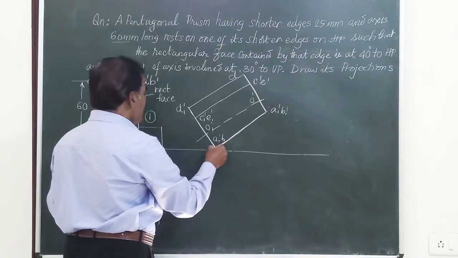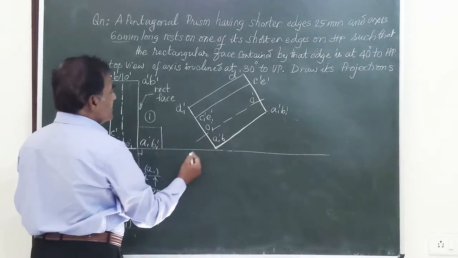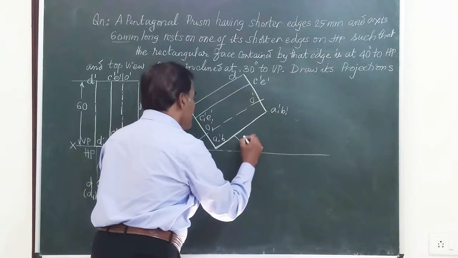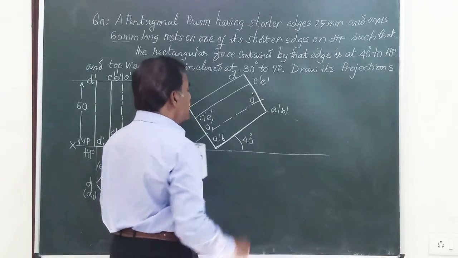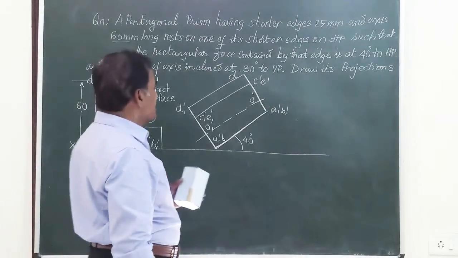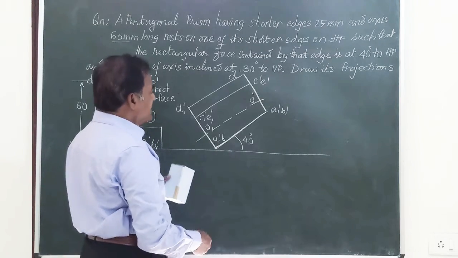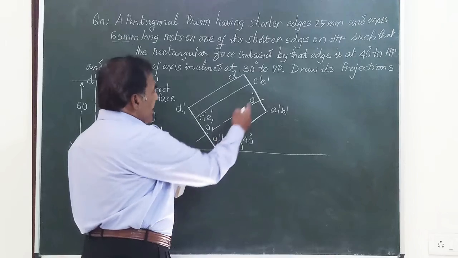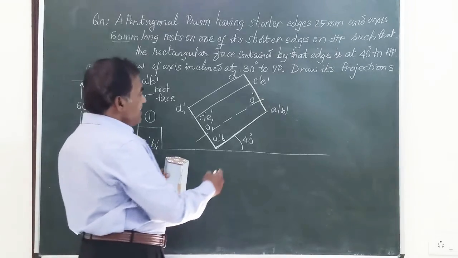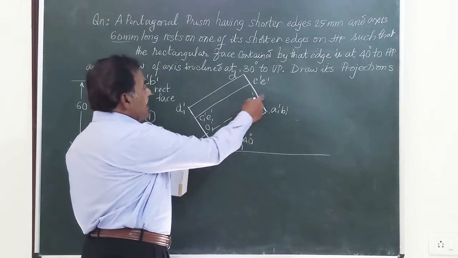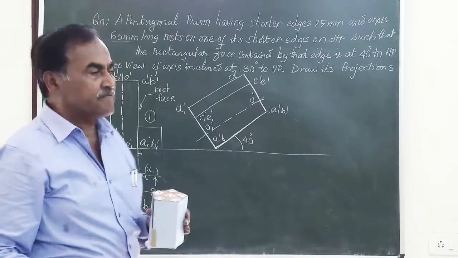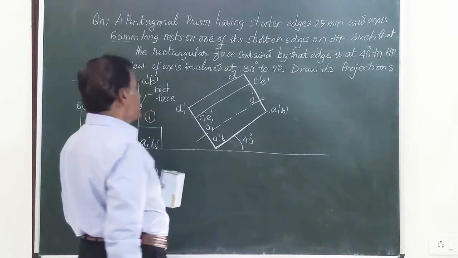So this same figure number 1 is redrawn here with that rectangular face represented by this at an angle of 40 degrees. Here is a very important point to be noticed, my dear friends. Whenever any of these prisms or cylinders rest on a point of its base, then the rectangular face and the axis of the solid are parallel to each other, and hence whether they say the longer edge is inclined to HP or the axis is inclined to HP or the rectangular surface is inclined to HP, it is all one and the same because all these lines are parallel to each other.